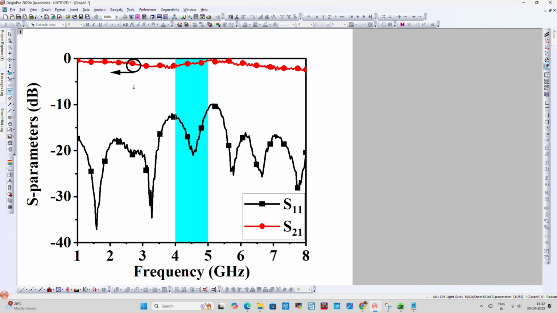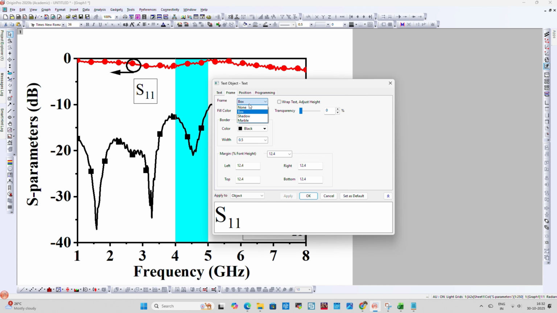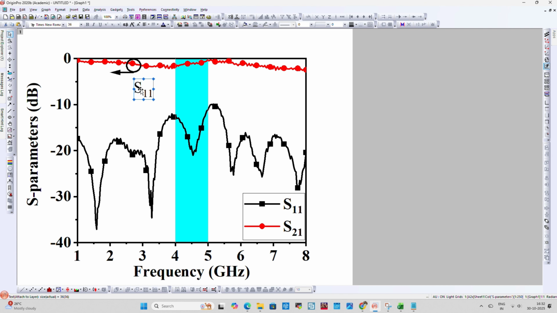Now further you can add a text box. In the text box you can name the graph line. Here I am adding S11. Like you can change the S11 also. Although it's an S21 line, you can write it according to you. You can change the properties of the text box by just right clicking on it as I did, and here is your complete graph. Now you can save your graph with the procedure as described in the previous section of the video.